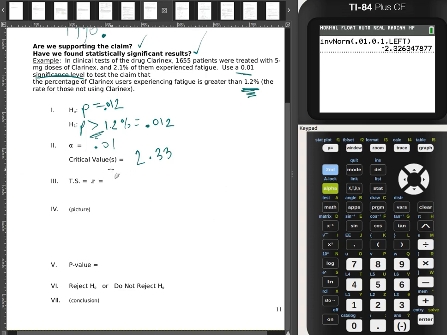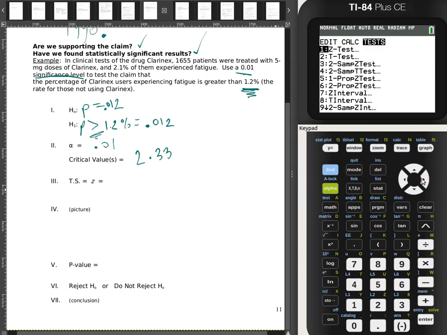And the test statistic in this case, let's go ahead and find it. After step 2, going into step 3, that's when we run our test on the calculator. We're going to one prop z test. No big deal. We are testing against the value of 0.012. And in our trial, there were 1,655 patients,